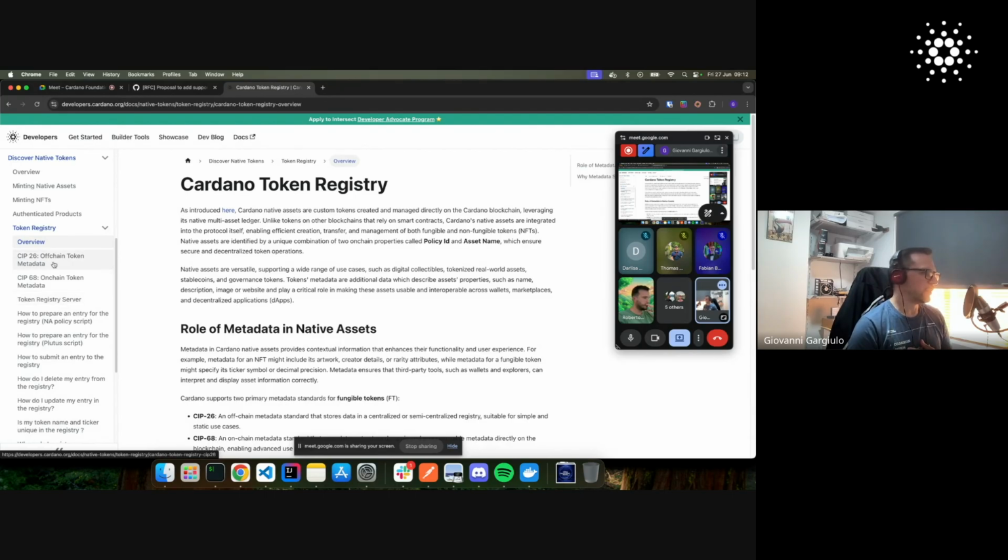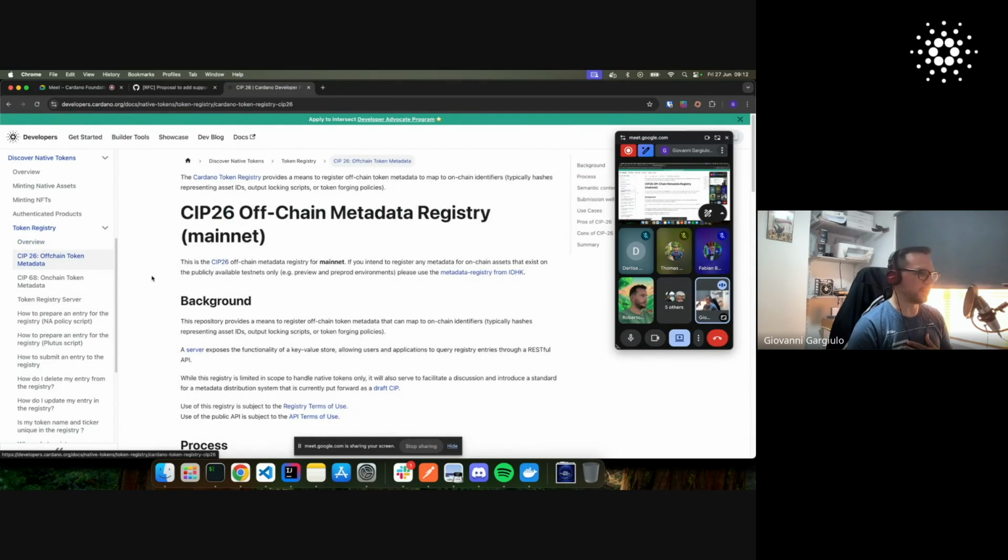that is the actual token metadata registry server and how to deal with it. So we are obviously all familiar with CIP-26. You issue a pull request on a GitHub repository, it gets reviewed, and eventually gets merged when everything is fine. And then after a few hours from the pull request being accepted, the token metadata eventually gets merged and served on the API. Just 2 seconds to explain why we need the metadata. Obviously, if you're here for this, you should know it. But for the people that are new,